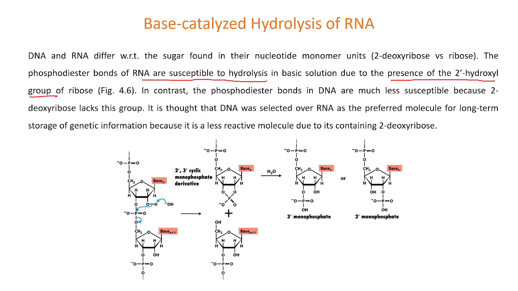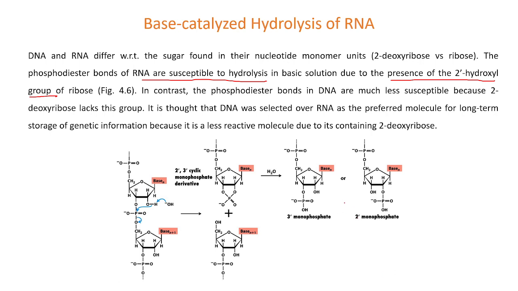Okay, so this is the base catalysis of hydrolysis. What happens is the OH comes and attacks this hydrogen, and then the bond breaks over here. So you get a 2 prime 3 prime cyclic monophosphate derivative, and after the attack of water, once again you get 3 prime monophosphate and the 2 prime monophosphate, because now you do not know whether the water is going to